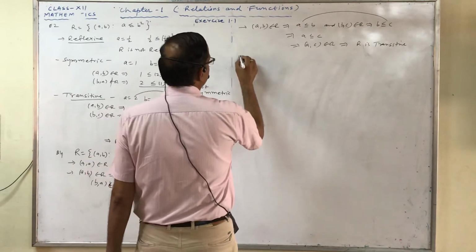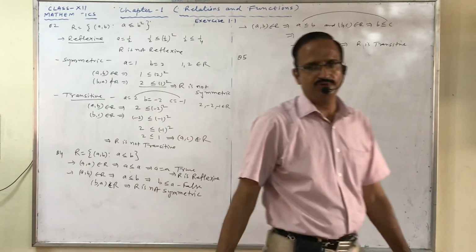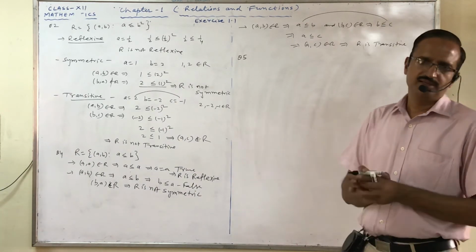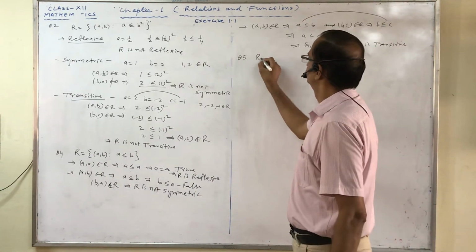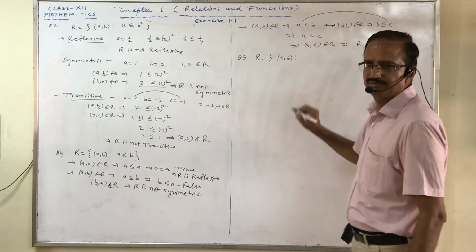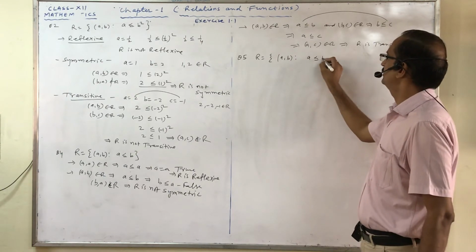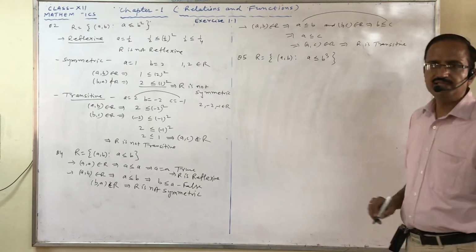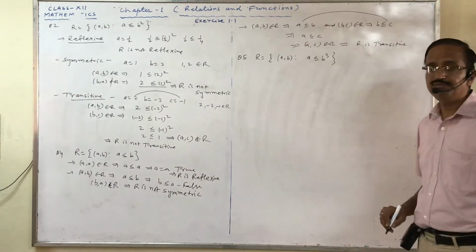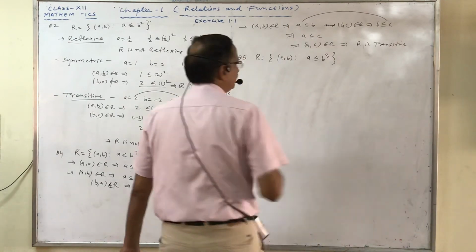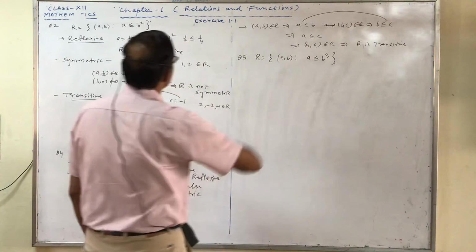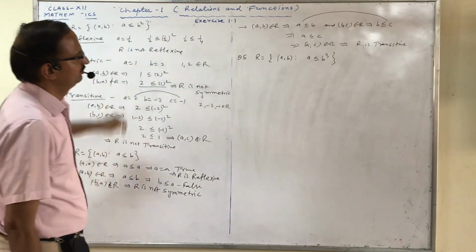Now the last question, that is question number 5 for this video. Check whether the relation R in the set of real numbers defined by this relation, (a, b) where a is less than or equal to b cubed, is reflexive, symmetric or transitive. So this is the relation defined in the set of real numbers. For this I am taking some examples. This is a question similar to question number 2.